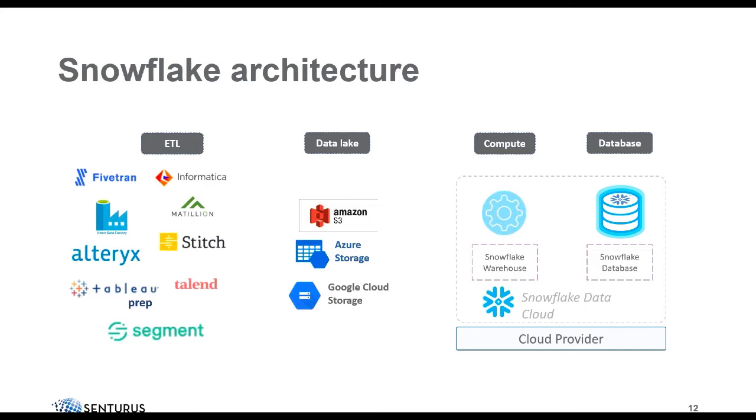It is a database and a compute, and they call compute in Snowflake a warehouse. So it's kind of a misused or multi-use term that can cause some confusion. When we say we spin up a warehouse, what we're saying is we're spinning up compute. That's the Snowflake side. They are able to integrate with any of the data lakes, like S3, Azure storage, or Google Cloud storage. So you're able to ingest data through the data lake, and you're able to use any of those ETL tools